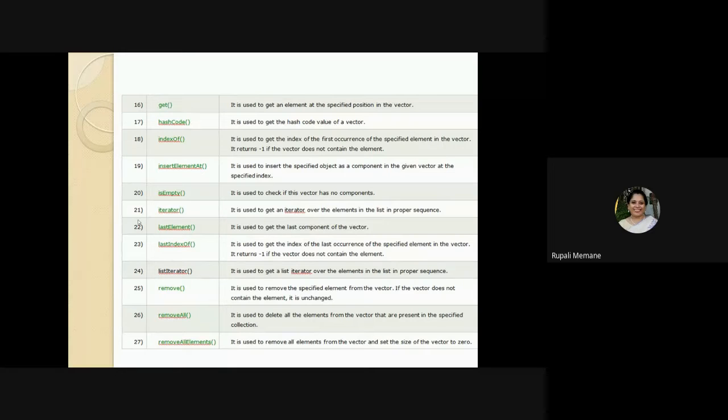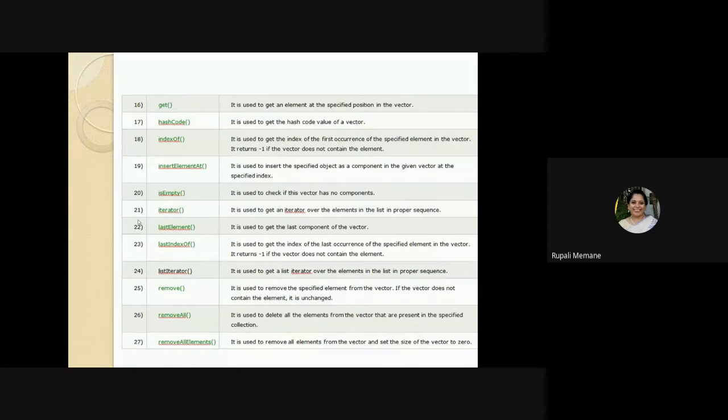Then I can insert an object at a specified position with insertElementAt. Now you remember in the linked list yesterday, when we had to insert a particular element, we used the add method with int index, then a comma, and we passed the element. So that particular element was stored at that particular index number.